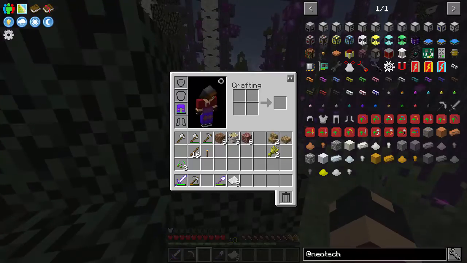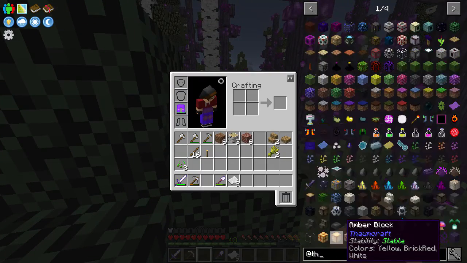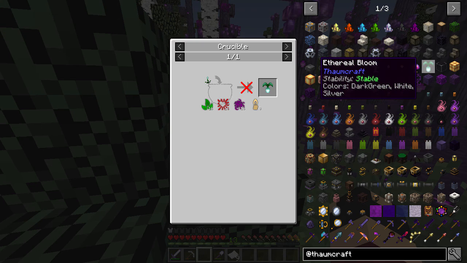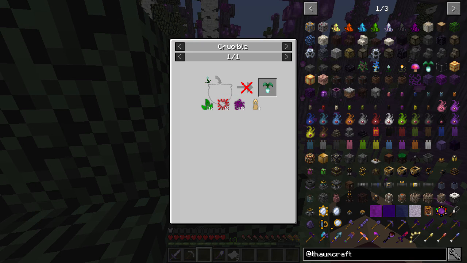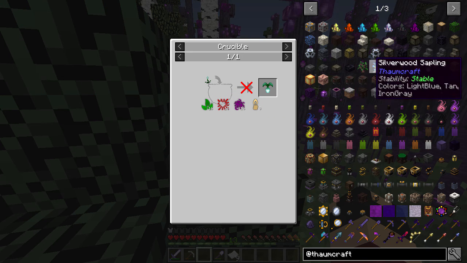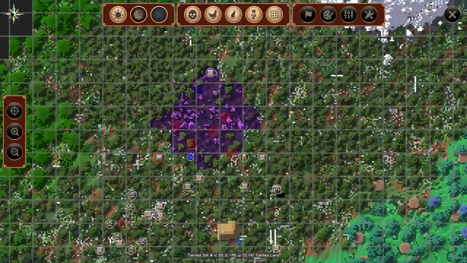Now, what are the two options? Well, if we go into Thaumcraft, we have two options. One, an ethereal bloom, which is made with a shimmer leaf into a crucible with some elements. And silverwood. Silverwood are the blue trees, which...